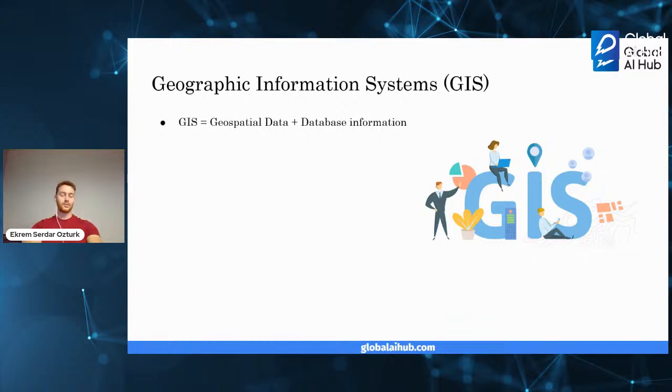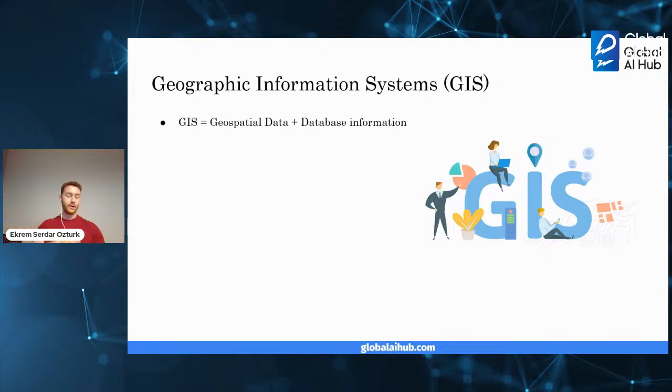So, geographic information system. We have geospatial data, and we need a system for analyzing and managing the data. Simply, a geographic information system is a system that creates, manages, analyzes, and maps all types of data.